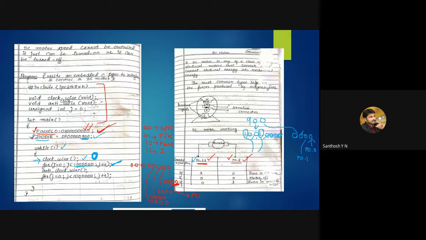Once the count becomes equal to this value, you will directly move on to the next line, and the processor will execute the anti-clockwise function, and therefore the motor will be rotated in an anti-clockwise direction for a certain duration of time, and again there will be a small delay. Why are you generating a delay? Why can't I just rotate my motor clockwise and anti-clockwise? Because the user should get to know the difference between when the motor is rotating clockwise and when it is rotating anti-clockwise.